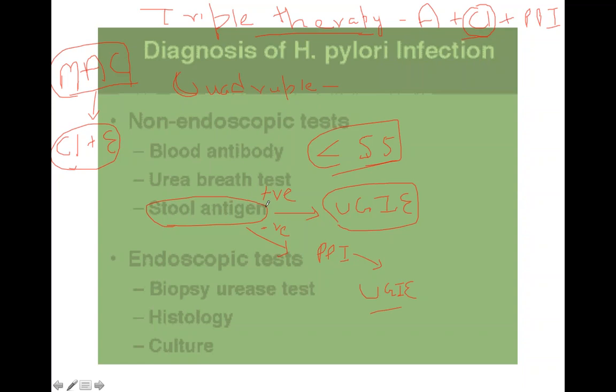But if the patient is found to be H. pylori positive, and we give the patient triple therapy or quadruple therapy, whatever, but still there is no relief, then we will go for upper GI endoscopy. And this is the case if the patient is H. pylori positive. But if the patient is H. pylori negative, the stool antigen test is negative. Then we'll give the patient PPI for 4 to 6 weeks, and if there is no relief, we go for upper GI endoscopy. So this is the protocol we follow if the patient is less than 55 years of age.